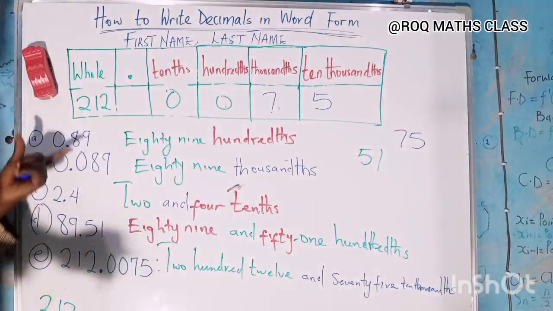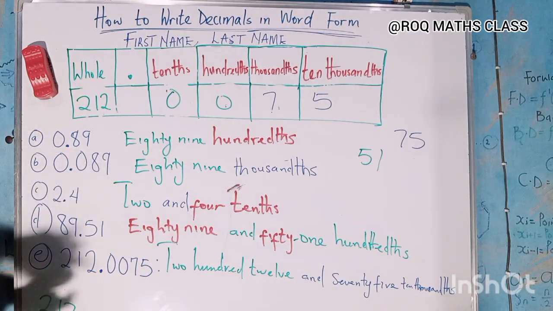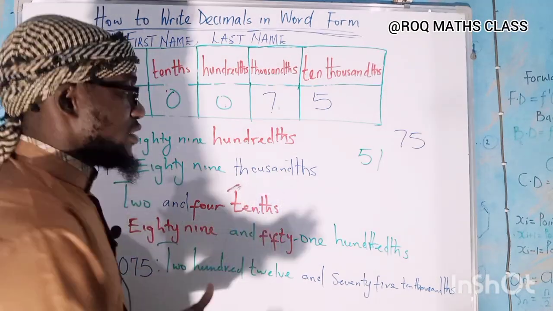So this is how to write a decimal number in word form. So kindly drop your answer for this value